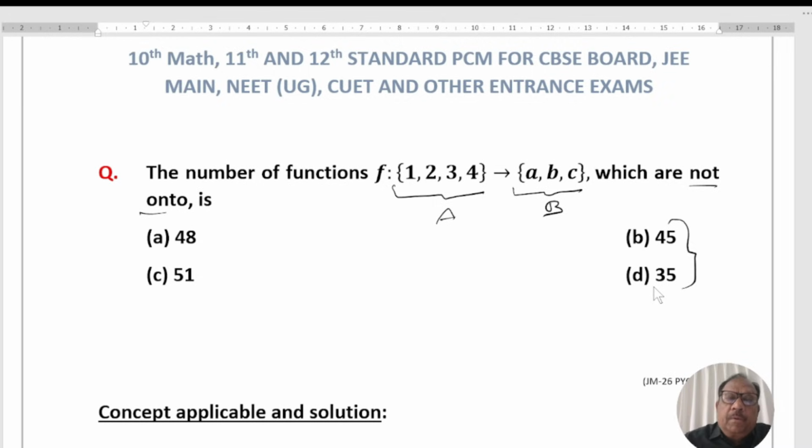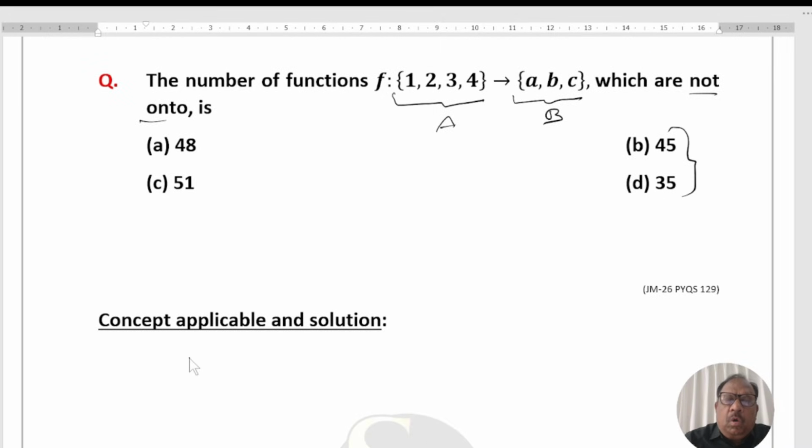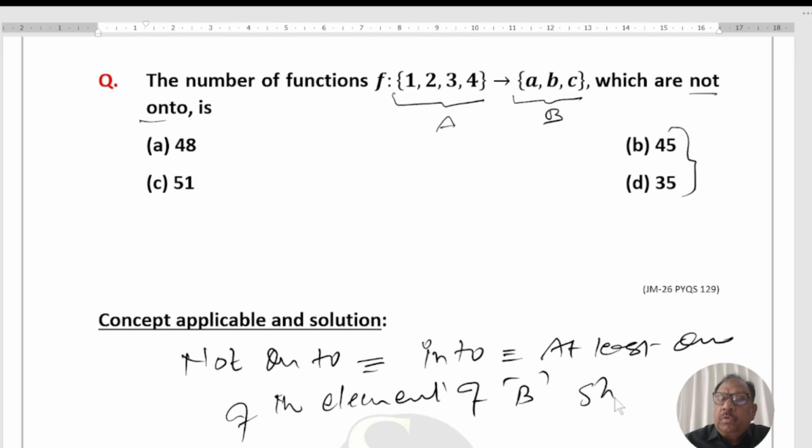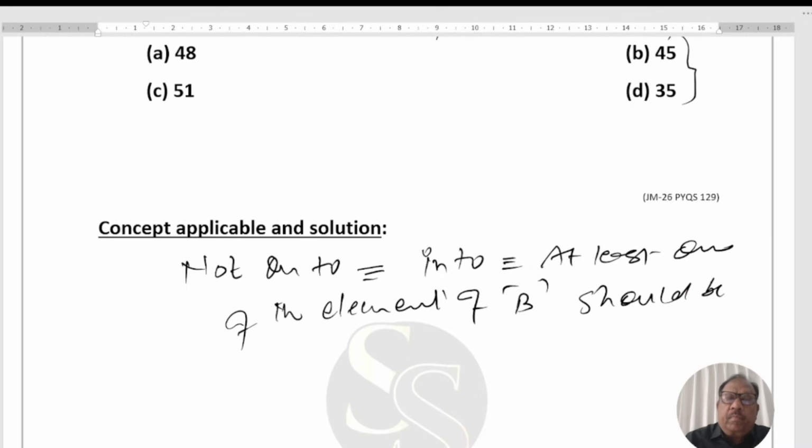Not onto means into, means at least one of the elements of B should be unoccupied,